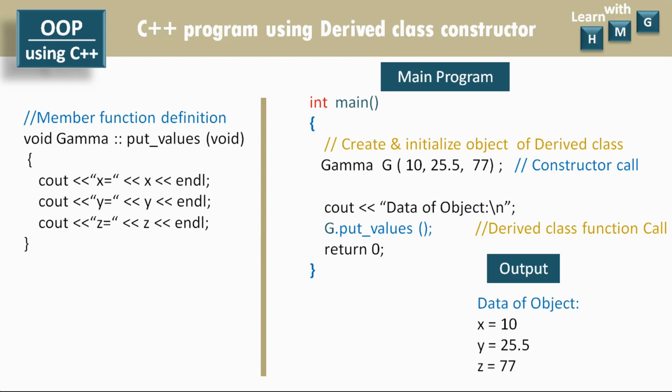So like this, all these three arguments are passed to the constructor of gamma, and internally the gamma constructor will pass these arguments to the respective base classes as well as its own class. So in this way we can implement the derived class constructor within inheritance, and as per the syntax of the derived class constructor, we have to define that constructor within the derived class so that the proper sequence of calling and executing the constructors will be followed.